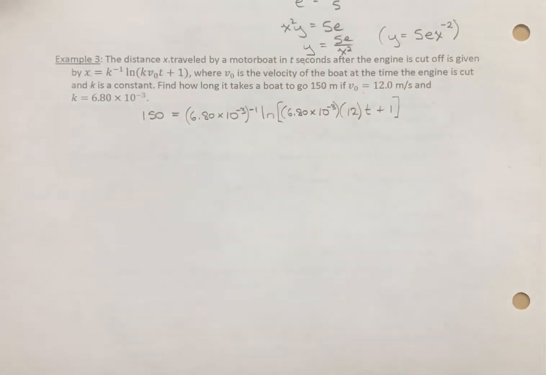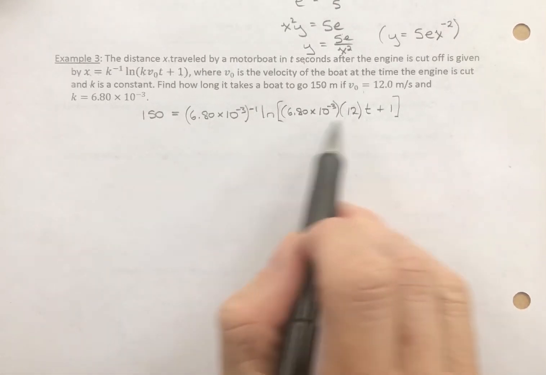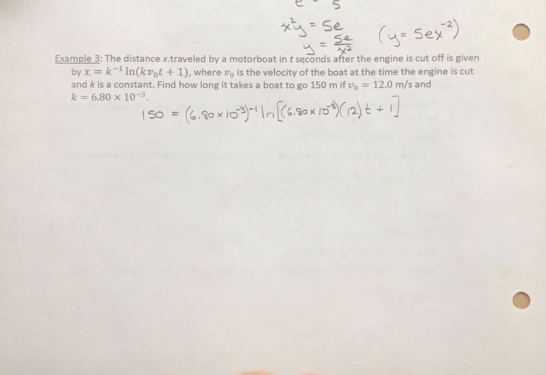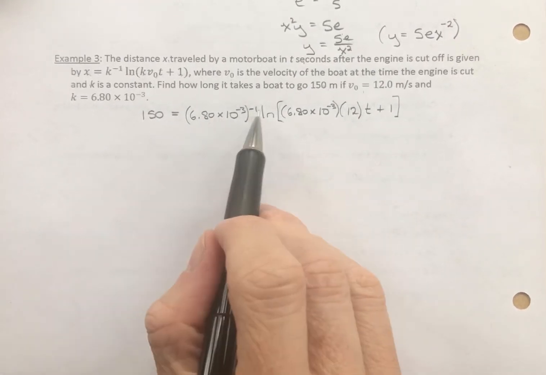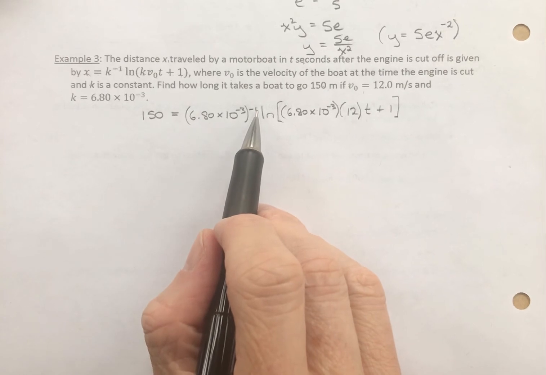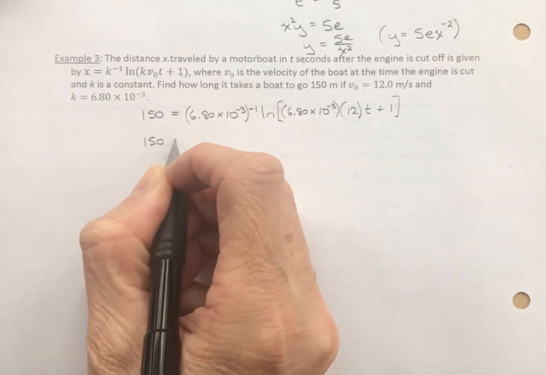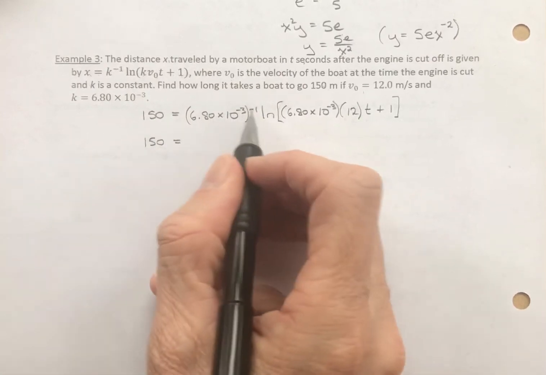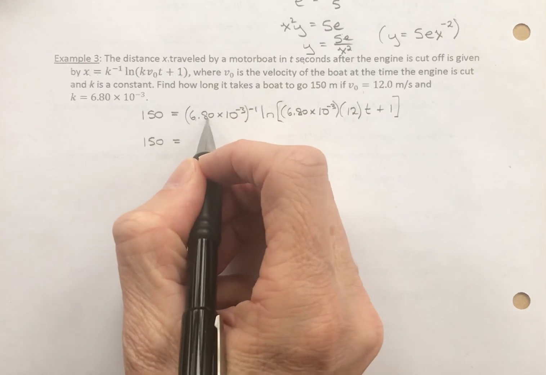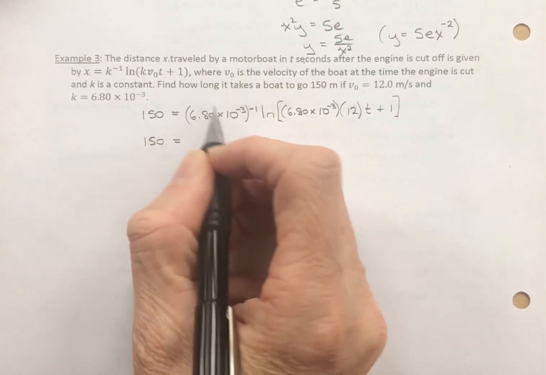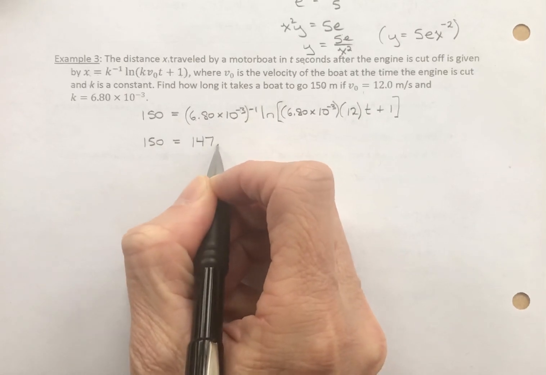And that's kind of messy. That's a lot of stuff. We were just being very careful to substitute in, and we use parentheses or brackets for clarification. I'm going to go ahead and do some math, and I'm going to round my numbers to, let's say, the 10,000th, just to hold a lot of places. Left side looks good. I don't like all these extras. That's a lot of stuff to carry around. Well, if I do the math on that, 6.8 times 10 to the negative third, all of that raised to the negative 1, is approximately